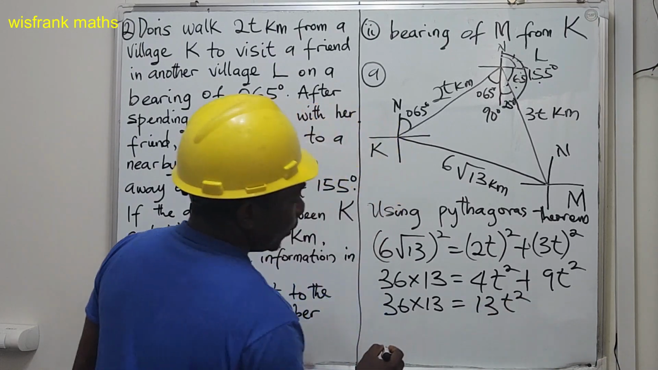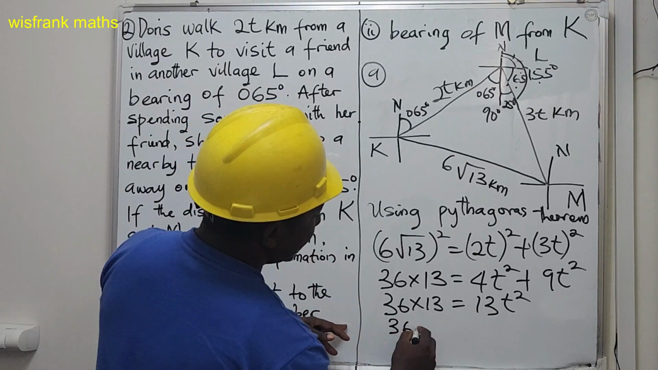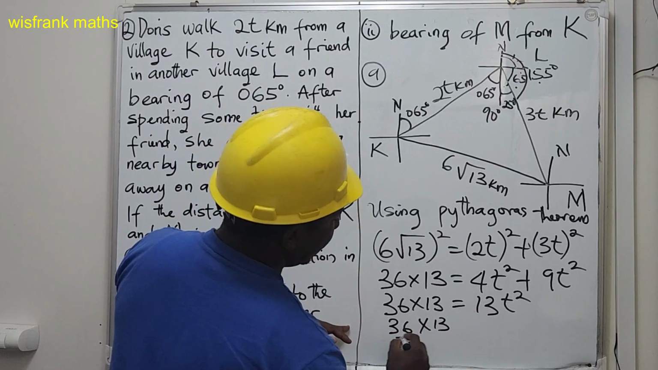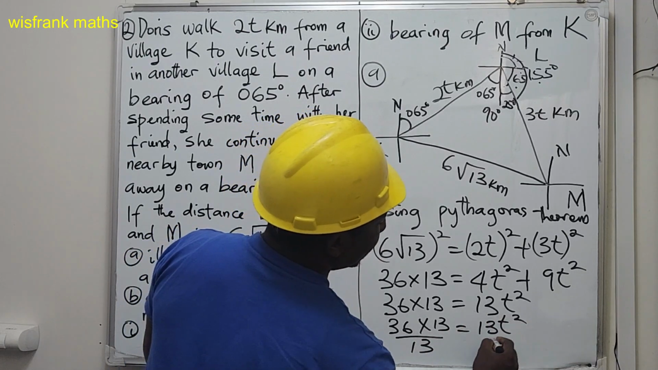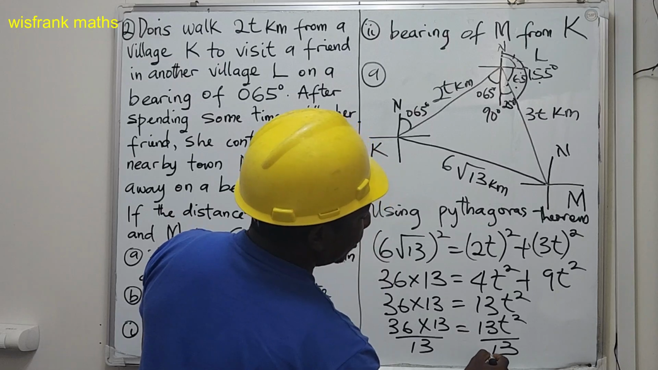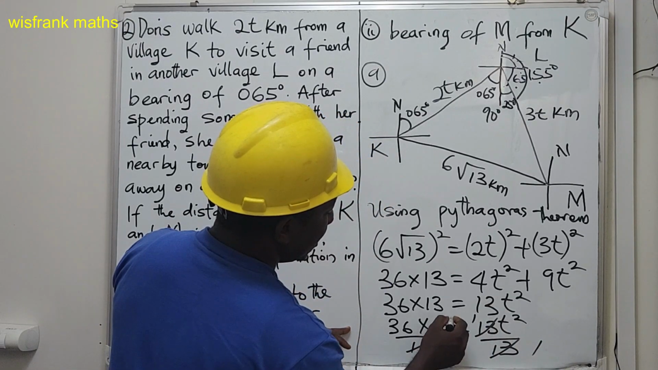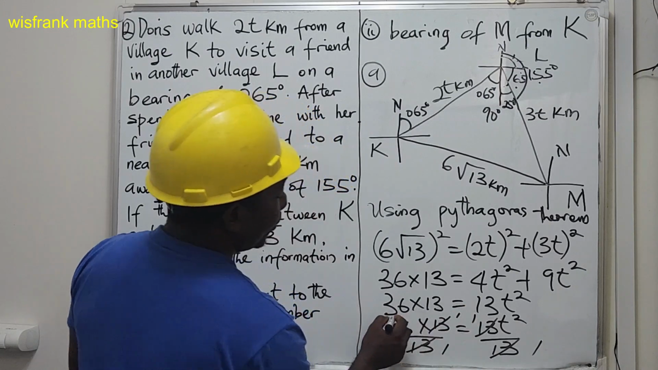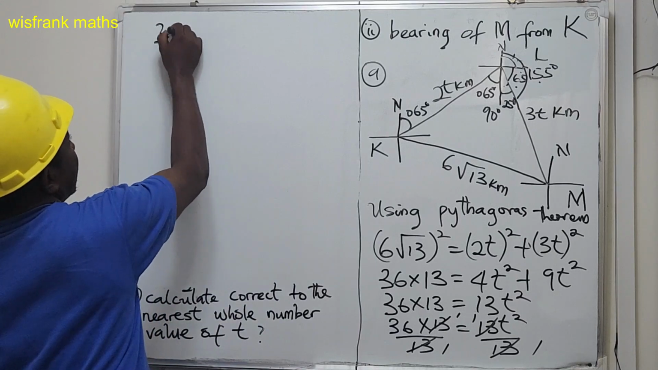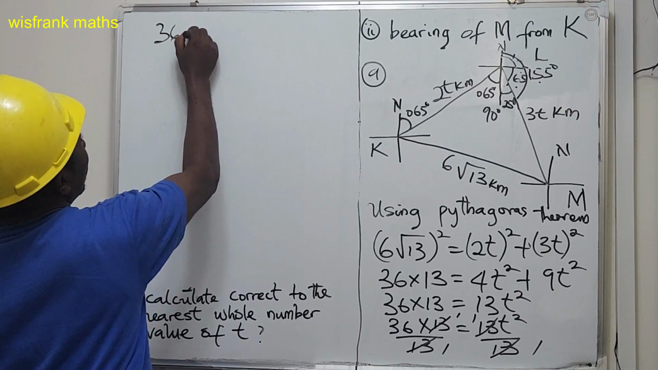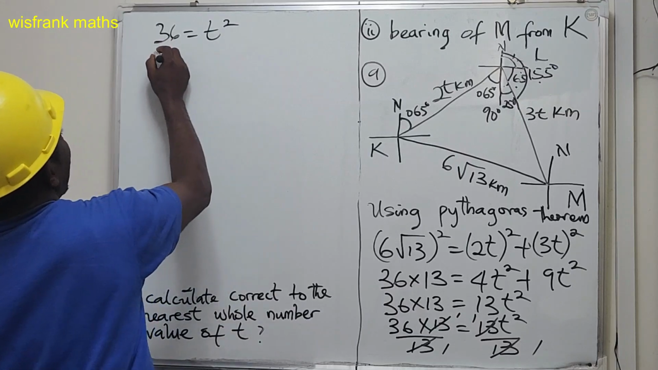13t squared. If we divide both sides by 13, we have 36 times 13 divided by 13 equals 13t squared divided by 13. The 13s cancel. We are now left with 36 equals t squared. When we take the square root of both sides, we have